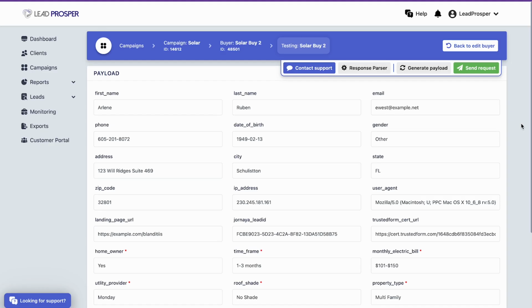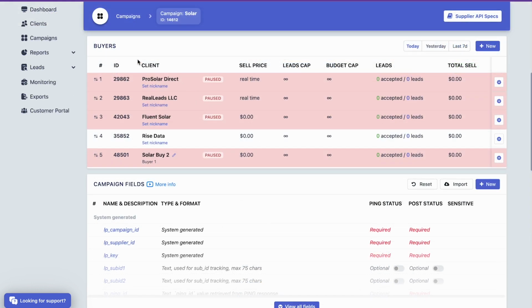In this tutorial, we will go over how to test a buyer using LeadProsper's Test Buyer tool. It is extremely important to utilize the Test Buyer tool before taking your buyer live. When you create a new buyer for a campaign, the buyer is set to paused. This is done to allow users to test their campaigns and submit those tests to their buyers before they go